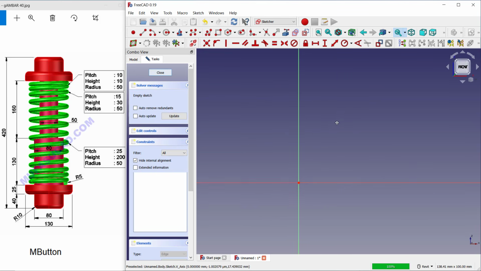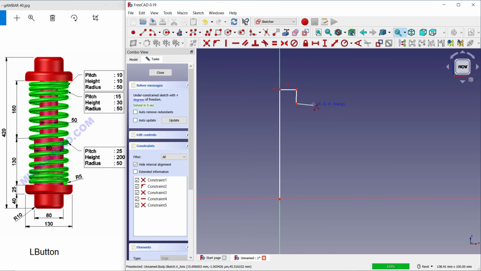Now I will draw a simple object with the polyline tool. You can click this polyline icon, and I will start from the origin. You can move to the top. Okay, we create this simple sketch with the polyline tool. At this point, and the next, you can connect back to the origin point.